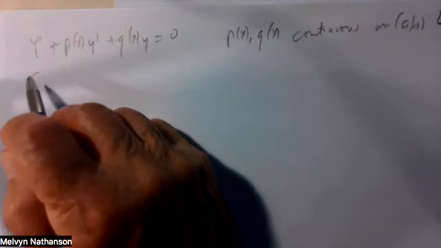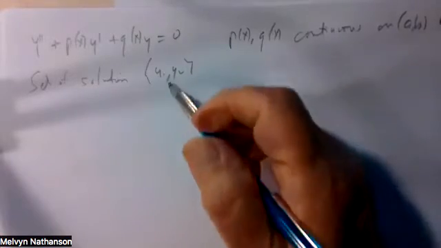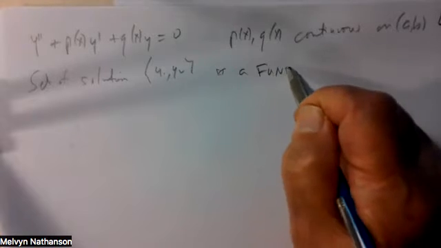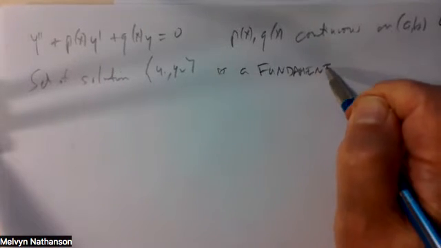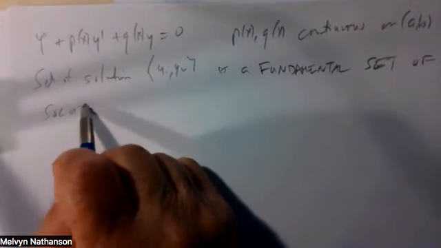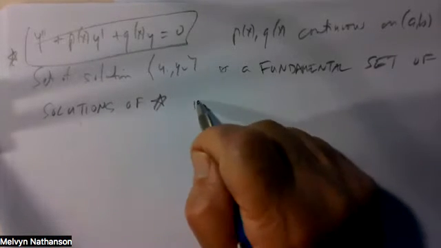We say that a set of two solutions, y1, y2, is a fundamental set of solutions of this differential equation. Call this equation star. It's a fundamental set of solutions of that differential equation if every solution